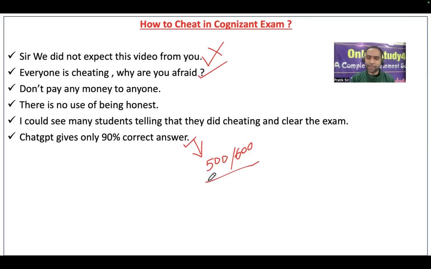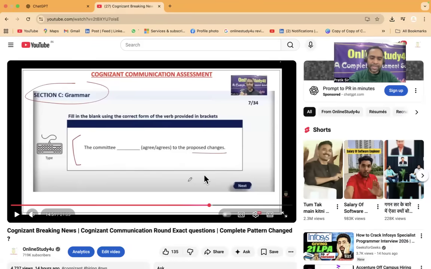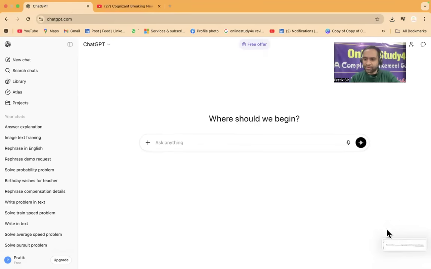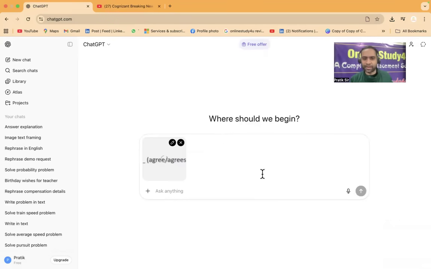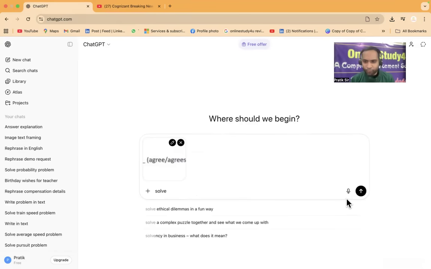So these are the people who do not know what exactly the question is and how to solve it. What they are doing is putting it into ChatGPT, and the same answer they are giving to you. I will show you one sample example now. From here, friends, you see this particular question. It is a very simple question I am taking. Let's go to ChatGPT and give the input here. Solve, and see, ChatGPT will give you the answer.